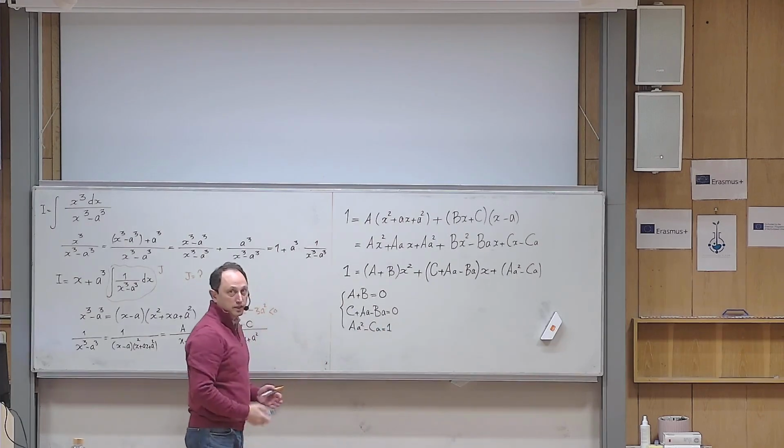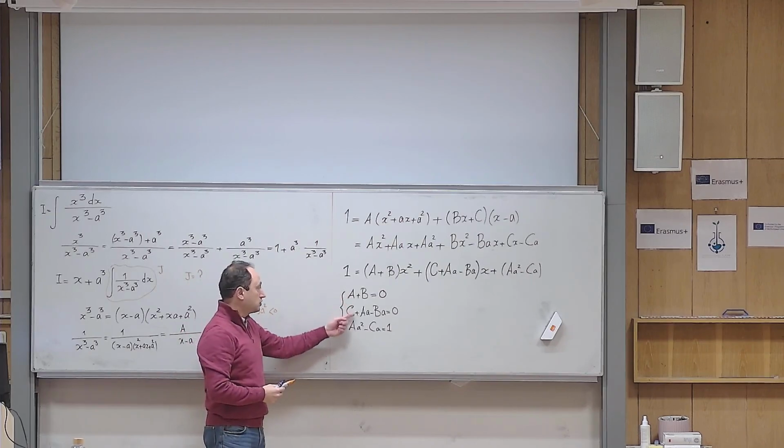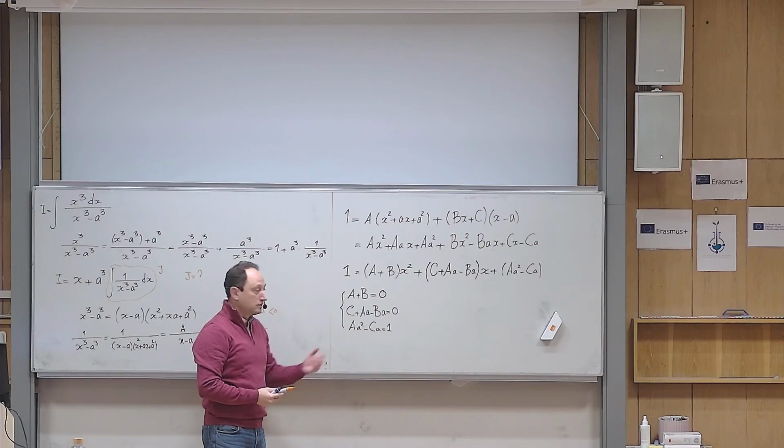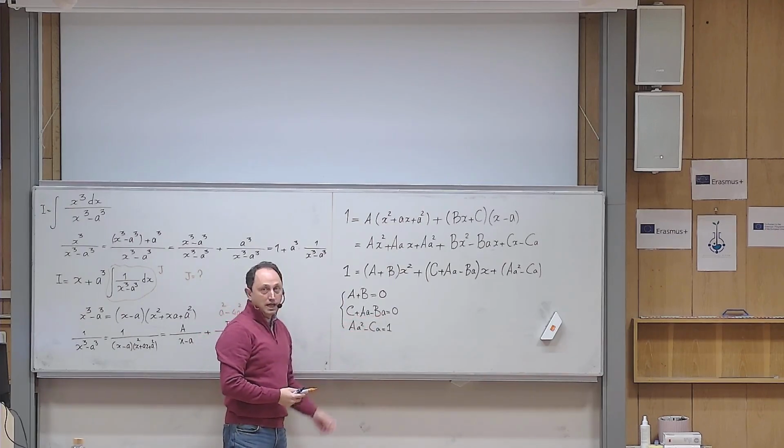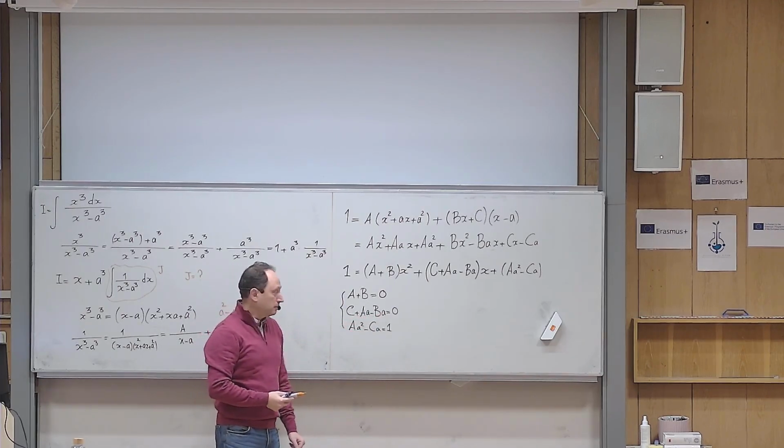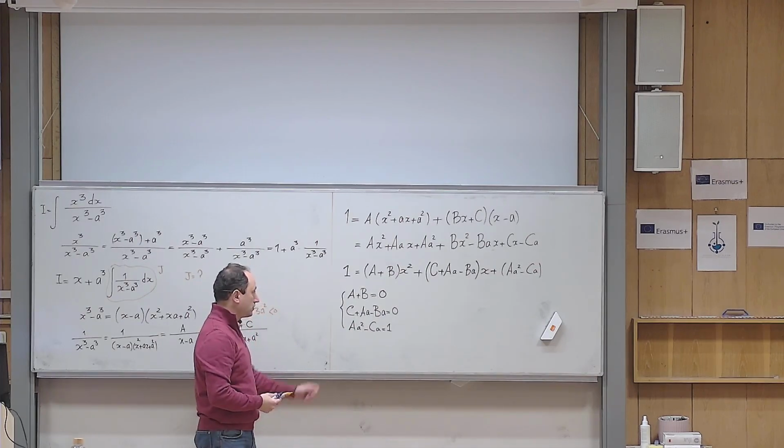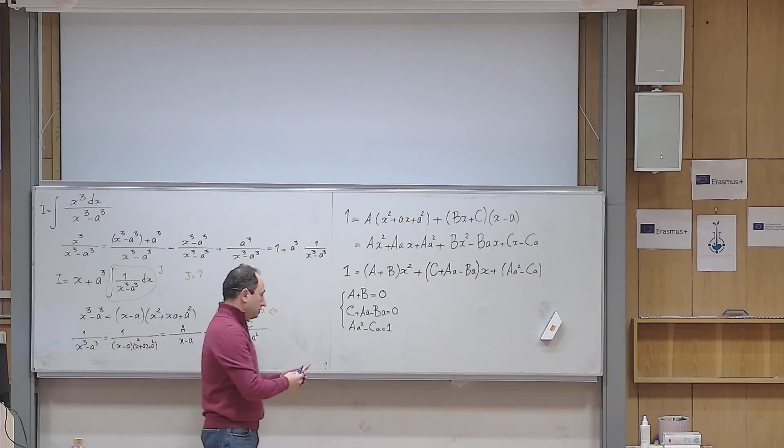Then I have to solve this system. This system includes 3 equations and 3 unknowns, capital A, capital B, and capital C. So don't get confused. This little a is just a parameter in the problem. So that's something known. I need to solve A, B, and C in terms of little a. Okay, for example,